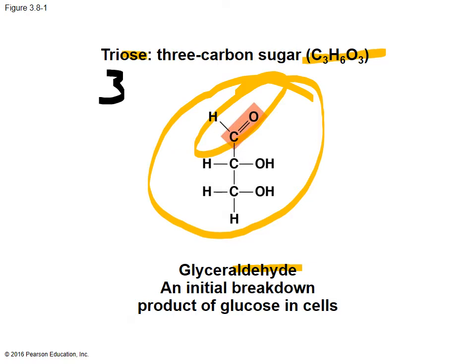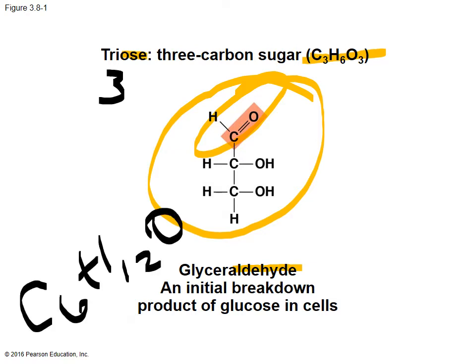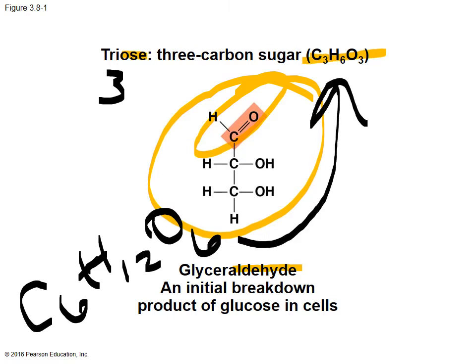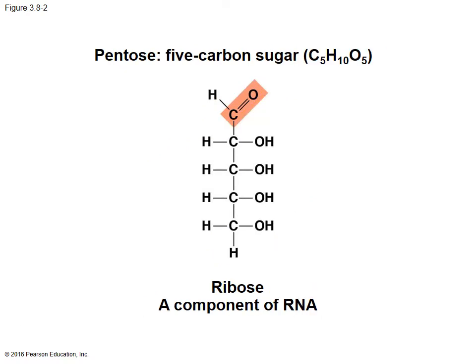Okay, so they describe what glyceraldehyde is. They say it's an initial breakdown product of glucose in a cell. Remember that glucose is C6H12O6, and so if this molecule is a breakdown of this C6H12O6, then that formula makes perfect sense because it's half of the amount of glucose. All right,